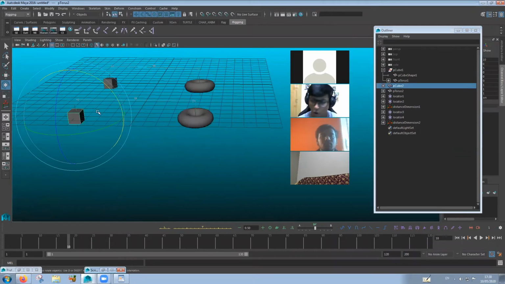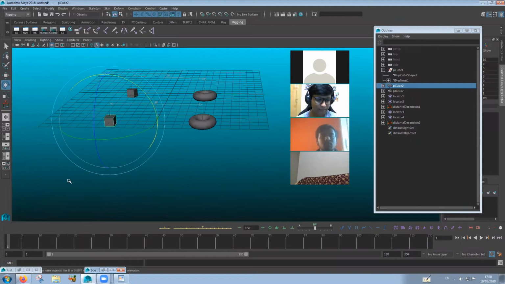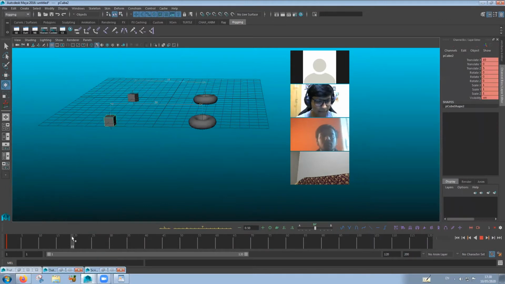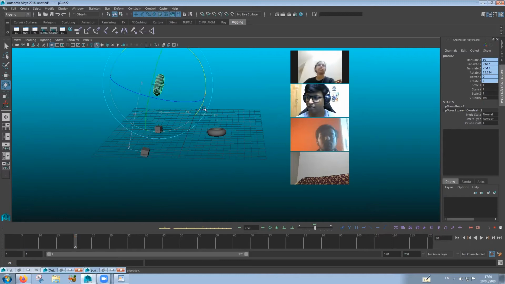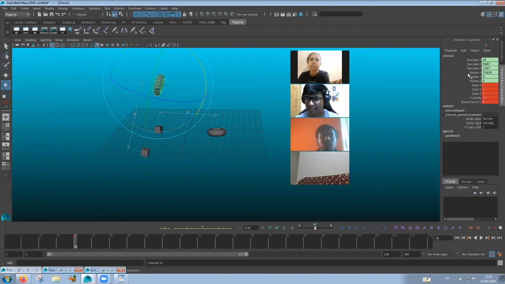Another advantage that we all know about constraint parenting is that you can switch the constraint on and off if you don't want it. For example, if I animate this object from 1 to 20, and after frame 20 I don't want it to go with the cube, I'm going to hit set key on frame number 20.